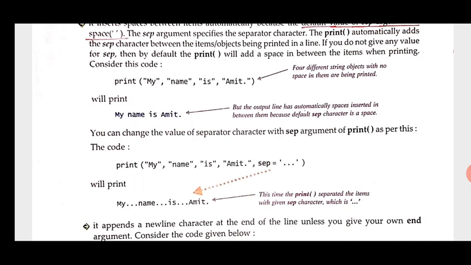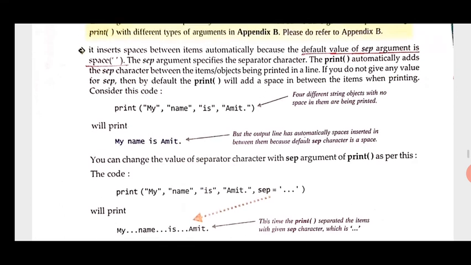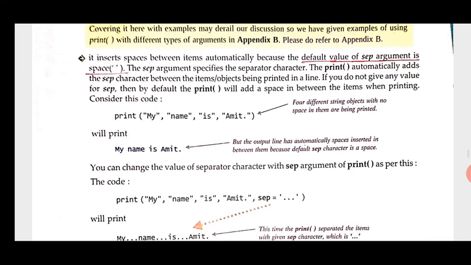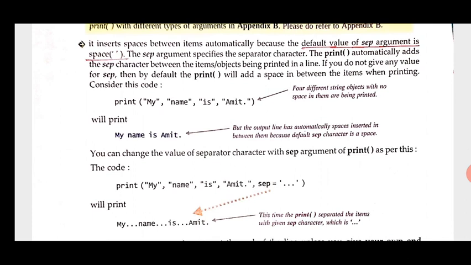Say here the sep value is dot dot dot, then those 3 dots are visible as the filler between the words: my, then filler, name, filler, is, filler, and after Amit a full stop we can see. So sep is the argument of the print function. Using that we can assign spaces, because the default value of the sep argument is a space.